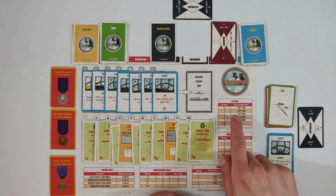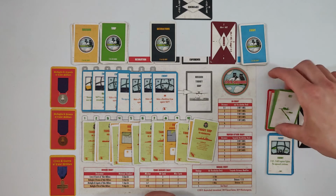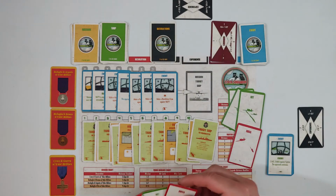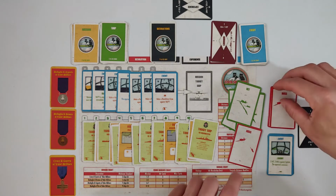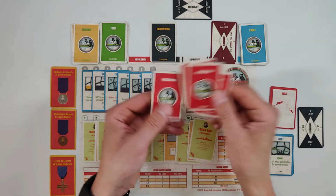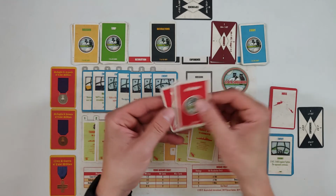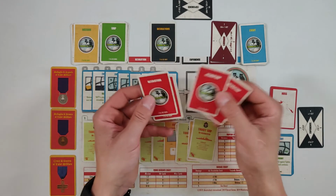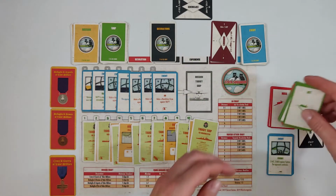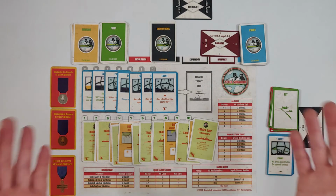Okay, but let's not forget one last event card, and it is AA. And the AA at this range, 0 to 1, is 3 hit, 1 miss, plus 1 hit card because of my damage to the plane. So the enemy have a high chance of hitting. So we're going to go ahead and take these cards and shuffle them. And the outcome isn't really going to matter because this is the last mission of the war before the Italians join the Allies. And it's a hit. So we are hit again, and we now have 3 damage. And that, my friend, is